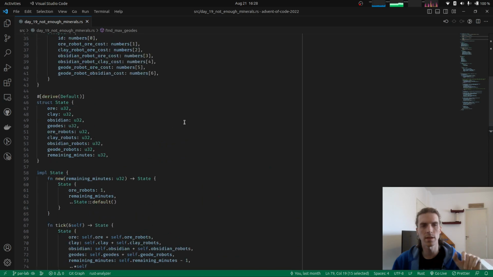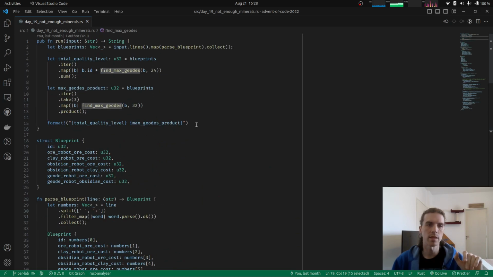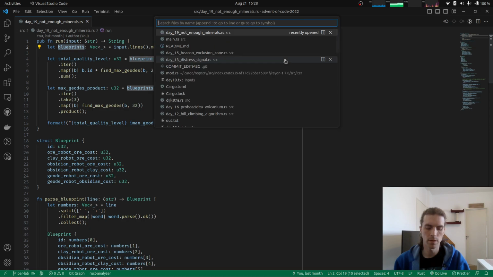We're just going to treat it as a black box. And this is basically the main function, the highest level one. So we can see what this thing does. It basically starts by parsing the input and generating a vector of blueprints. The input itself